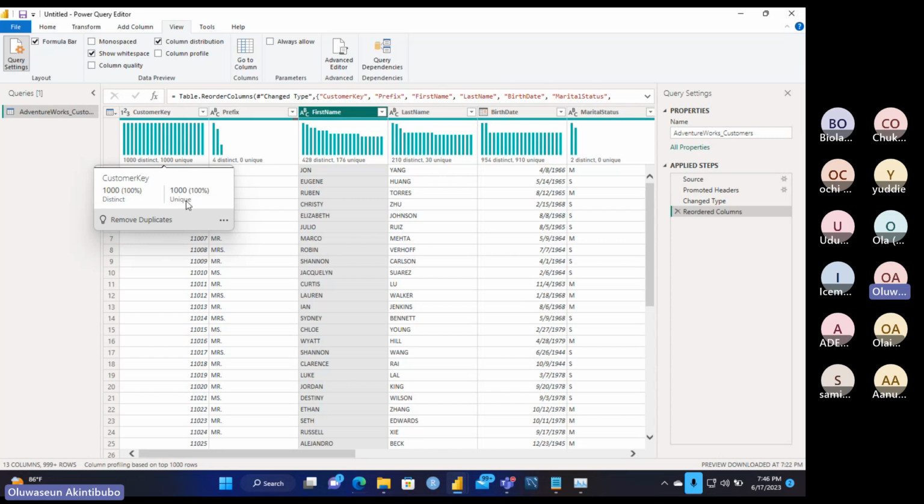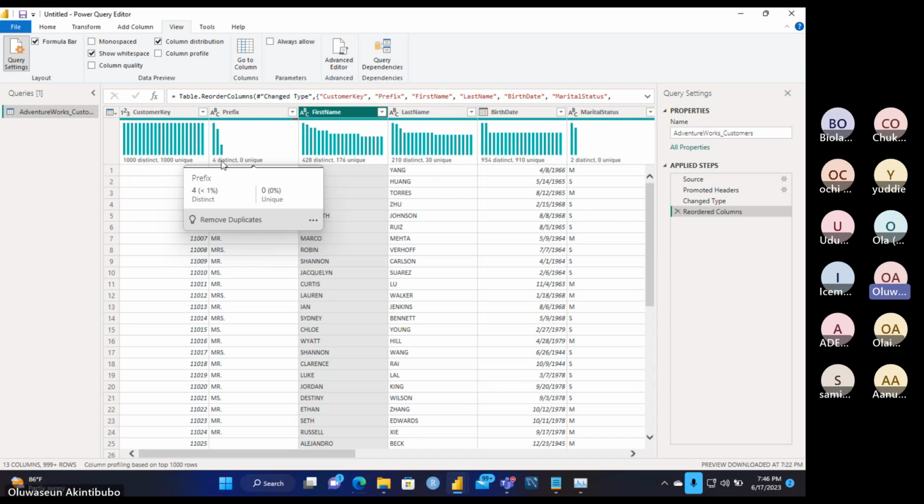Can you see they are distinct and they are unique, right? So because they are unique, query results will be faster on the column. This column would enhance performance because of that unique index that is on it. It would make query results execute faster on it, right? That's one. Two, look at this column, right? This column tells us that even though the data inside of it are not unique, we only have 4 distinct data inside of it.